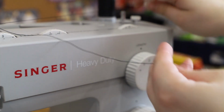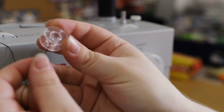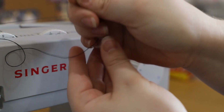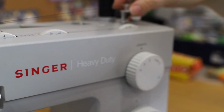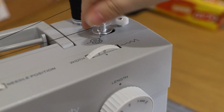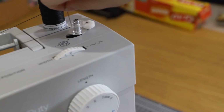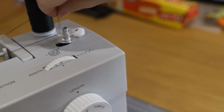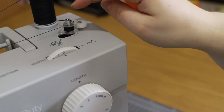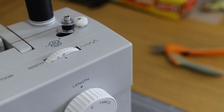This is your bobbin holder. What you want to do is get your bobbin, there'll be some little holes in it. You want to thread from the inside up through to the outside, just like that. Then grab your bobbin, pop it onto the bobbin holder, or bobbin threader, pop it across. That will engage the bobbin and stop your sewing machine from sewing down the bottom. And then you push your foot down and let it go. So I usually get it a little bit through, cut that part off, and then go all the way until